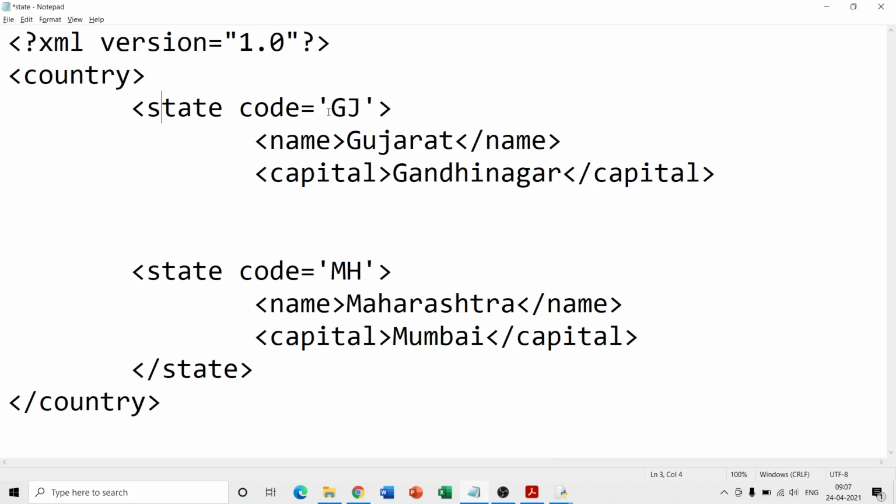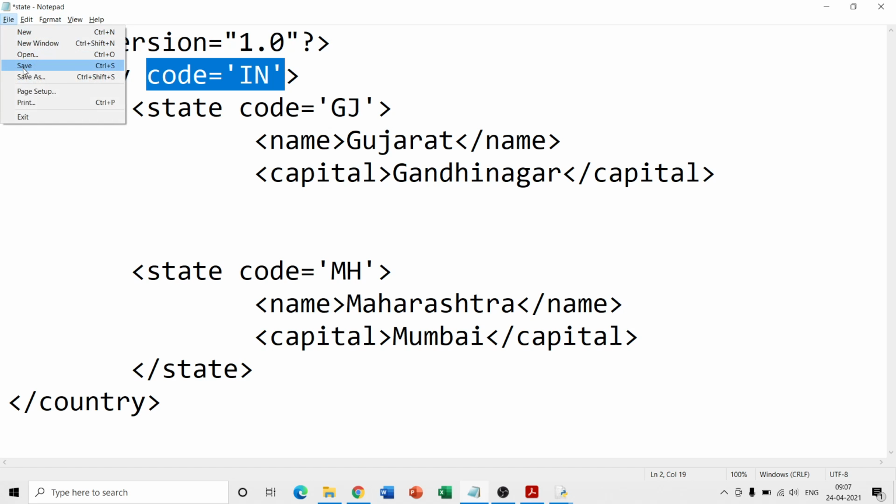Let me make some change to this. Say for example, country is the root tag. So if I change code equals in, now this becomes the root tag and this becomes the attrib. That is what code or any text that I have written along with it.